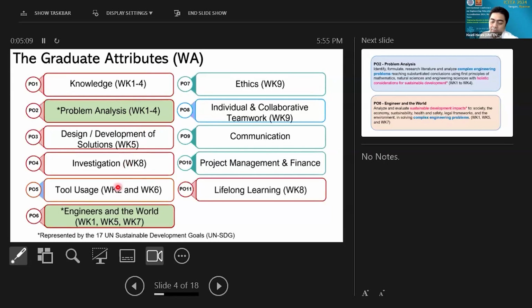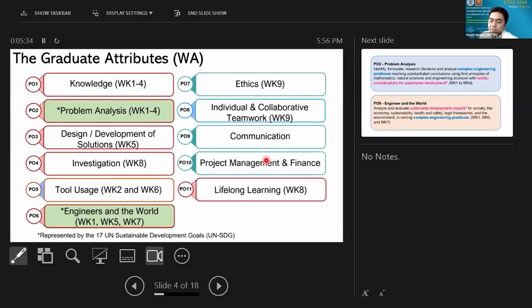Then we have tool usage, then the engineer and the world, which is under PO number 6. Ethics is part of PO7, then individual and collaborative teamwork, communication, project management and finance, and last but not least lifelong learning.